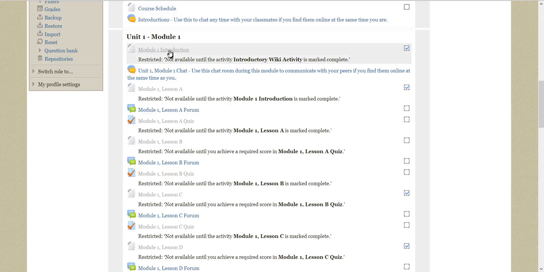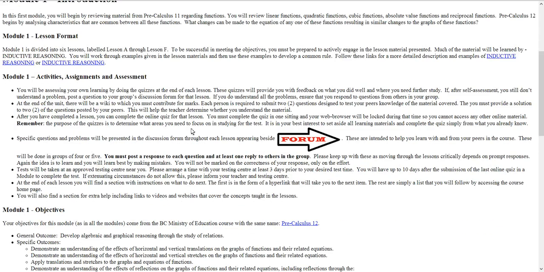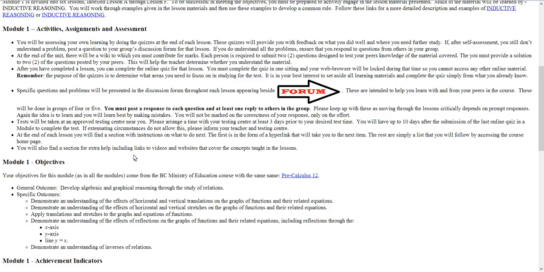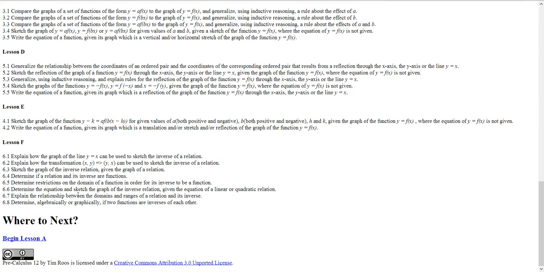that's where the lessons actually start. So going into Module 1 Introduction, this introduces the module, how it's set up, what they're going to have to do, how to participate in forums, some of the major objectives of the module in detail,